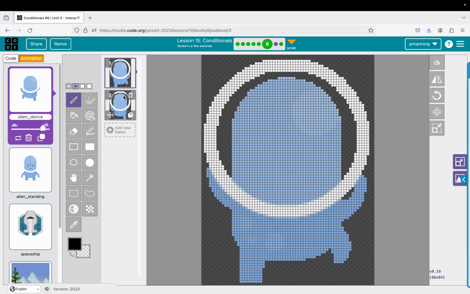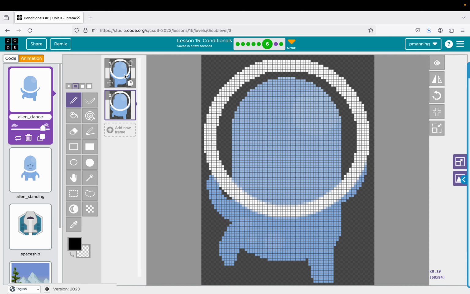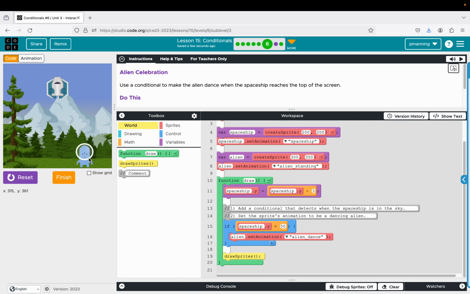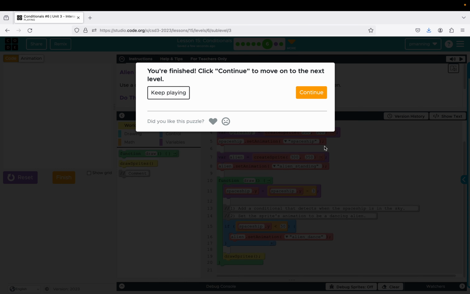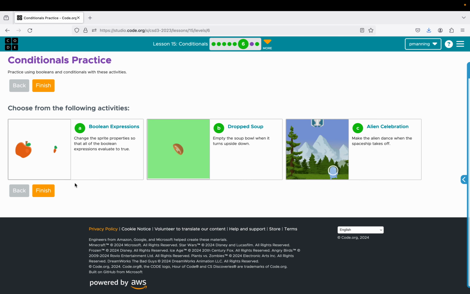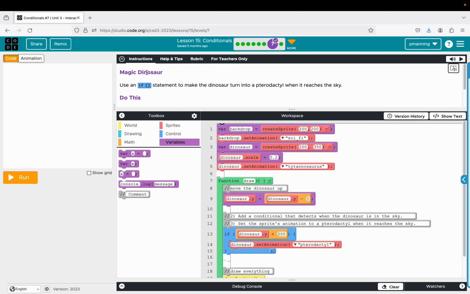It's got 2 different frames that exchange back and forth, so adding even more movement, so you can create multiple frames for one image, which is really cool. So once it reaches that point where it's high enough in the sky, we feel like it's successfully launched. We'll change the animation of alien from that still, facing forward to turning around and dancing. Alrighty. All right, and our